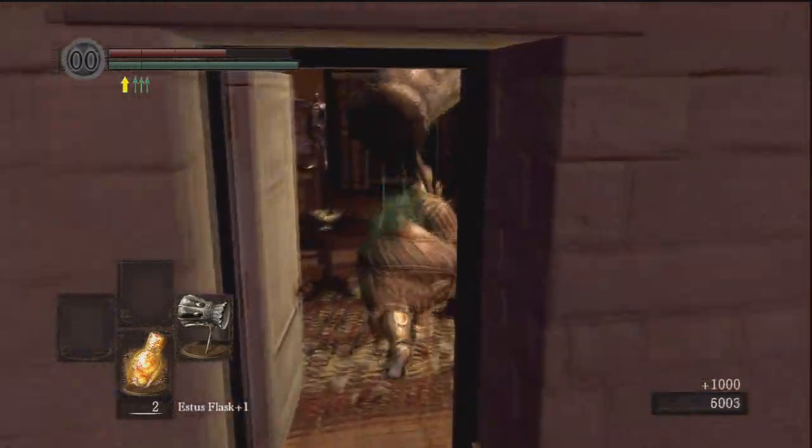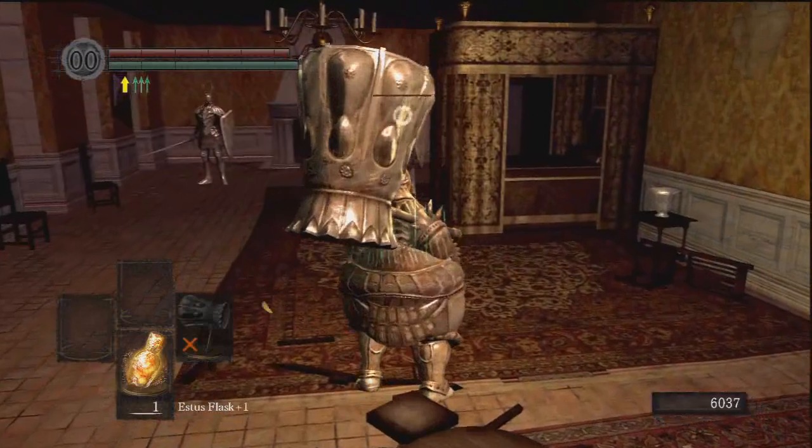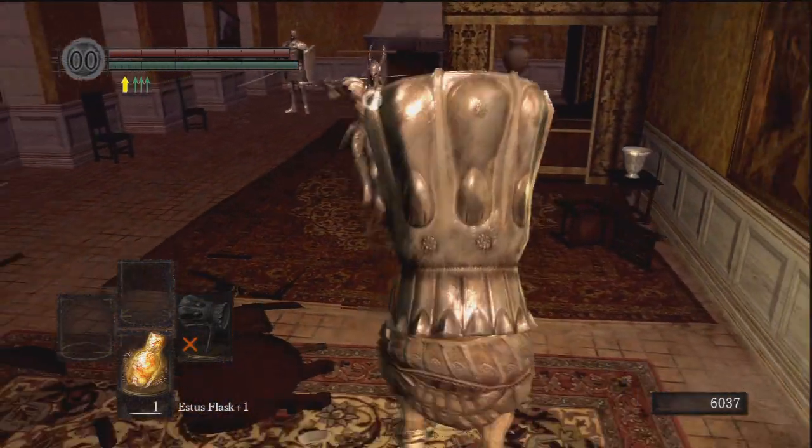And you know guys, these Silver Knights really aren't that big of a deal if you know how to riposte. I mean, I guess if you're using a pierce shield, you're trying to poke them to death with the shield, that's pretty stupid, but...